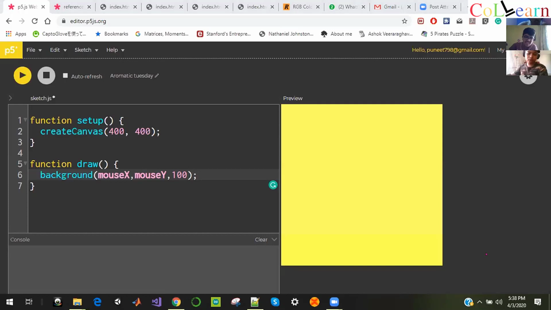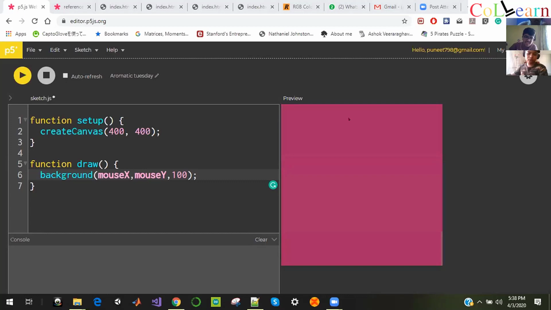So earlier, if you moved the cursor up and down, there was no change. But now it is changing in every direction. So if you move here, the color is changing. So what you have learned now is to change the color with respect to two commands, that is mouseX and mouseY.